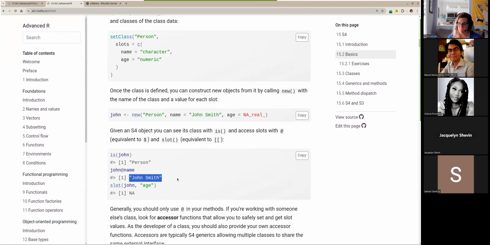So generally, you don't want to use this type of way to access your values. The person who's developing the class should have a way to access the values. So essentially, the developer should add a layer of protection, so to speak, for the user to not have to access directly those slots, because that gives the developer more freedom to change some of the internal components